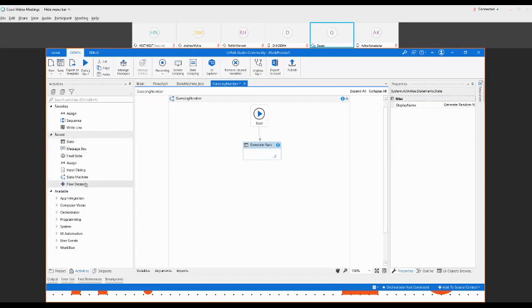What is the next state? The next state will be input or guess a number. So I can just take a new name, input a number, or you can say guess a number. According to the requirement, you can choose it. Like I am mentioning this name, maybe you can use both things in the same box, but I want to show different states. That's why I mentioned two states. Okay, and then one transition is given.